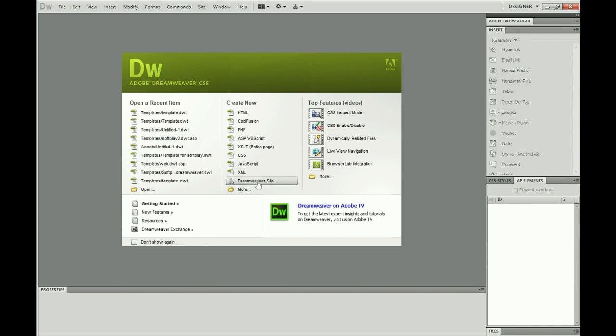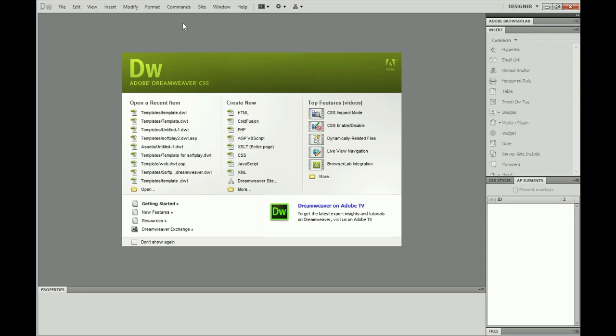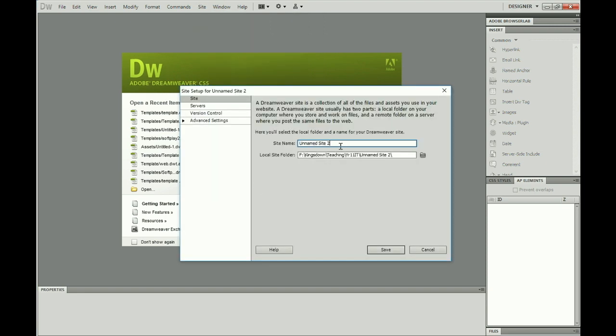Now should your Dreamweaver site splash screen not come up, don't panic, because you can get to that bit by going to new site. That will bring up exactly the same thing. So we're going to put Dreamweaver site, which is effectively, I'm going to call it soft play, much the same as yours would have been,